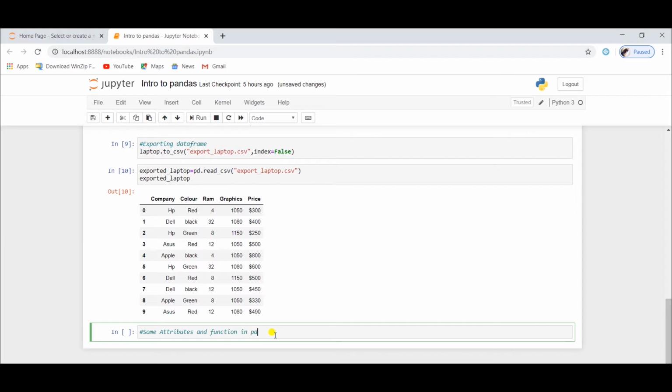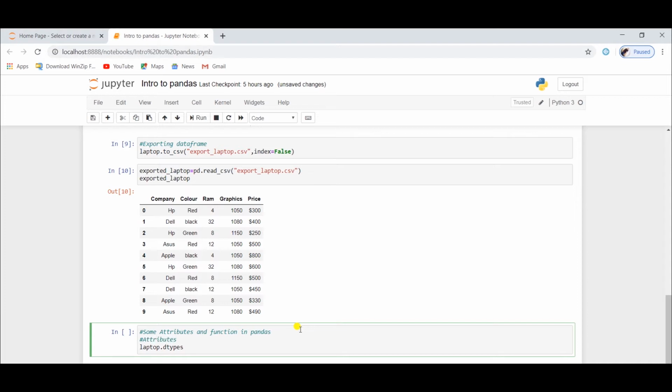So attributes are those which do not use brackets, like laptop.dtype, which will tell the data type of each column. So this is an attribute. Let's type the comment attribute. Now what are functions?